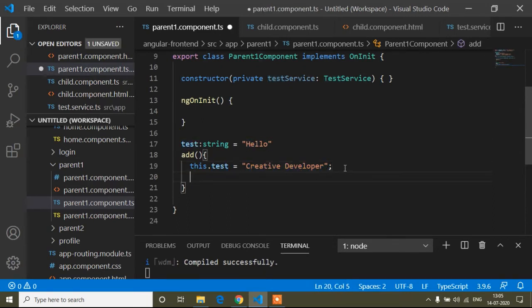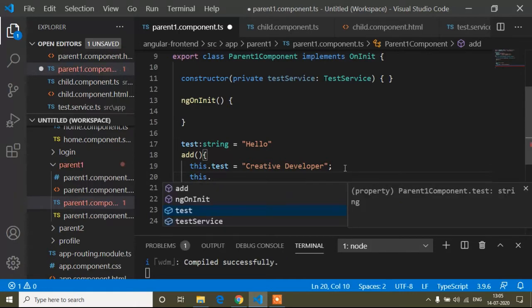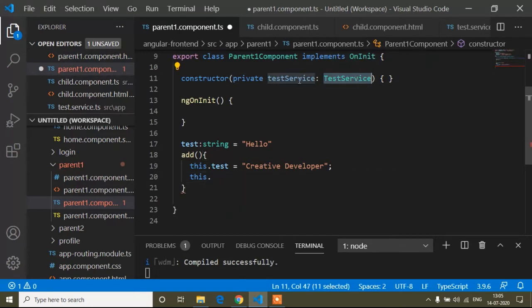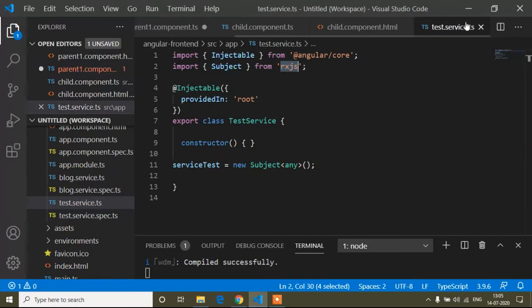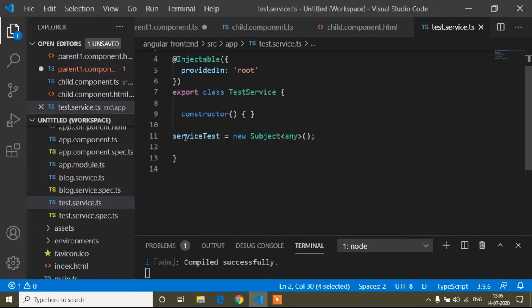So here we can do one thing, like this dot our service name is test service. This is the test service, and I create a variable of test service called also test service. So this dot this variable dot, so you can see service test, that means inside our test service page, here you can see I create a variable, and this variable I create an object that's called subject.